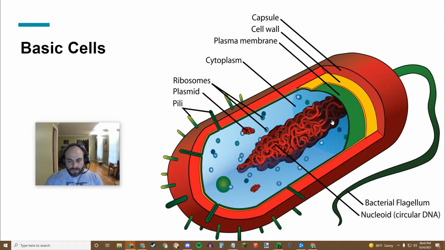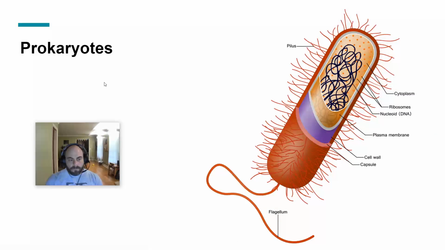So all cells have cytoplasm. All cells have the cell membrane, which is actually this green thing. This is a bacteria, so there's a cell wall here. All cells have genetic material. Notice not all cells have a nucleus. Some cells don't have a nucleus. These are prokaryotic cells, which do not have a nucleus. That's another example of a prokaryotic cell, which is just a bacteria, but that's beyond the scope of this class